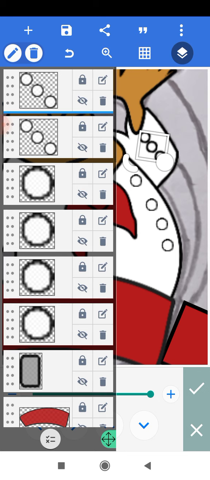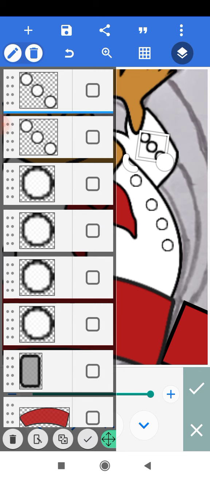So I'll go back to the layer, and I'll just select this,